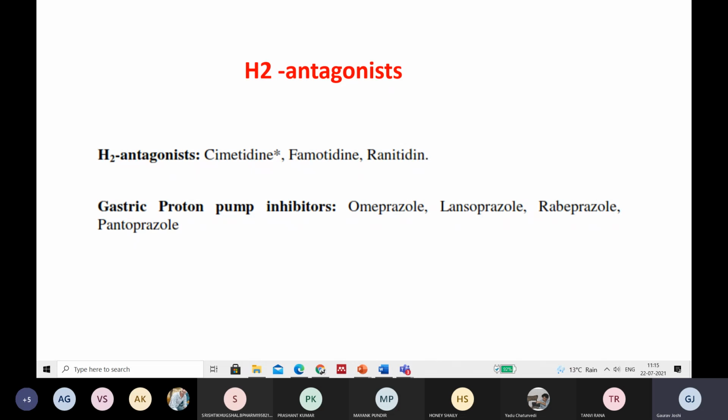When we talk about the H2 antagonists, cimetidine is very important because it was the first drug developed by the rational drug design approach. I'll discuss that and all the molecules that have a synthetic procedure. In your syllabus, there is a star mark. We'll discuss all the syntheses at the end, when we complete the first unit, dealing with the synthetic routes of the drugs marked with this star.